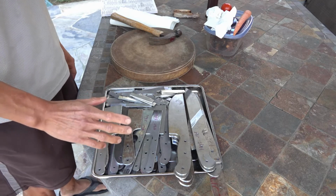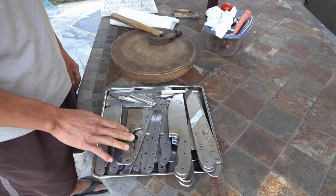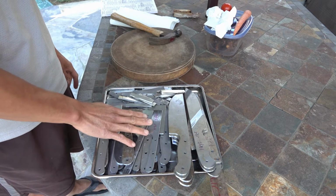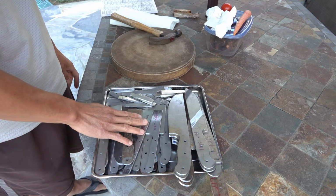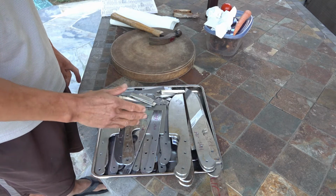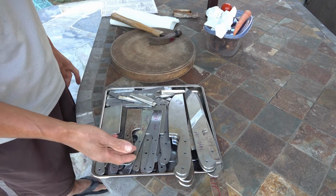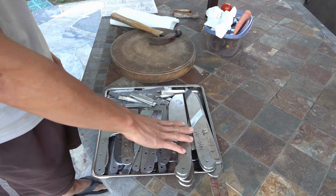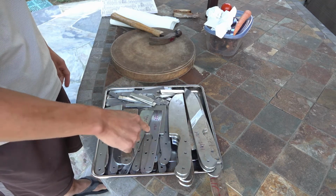A quick update. My heat treat is currently at version 5J, and I am now preparing this pile for the heat treat, 5K to maybe all the way to O. And so it's about 31 pieces here. These are